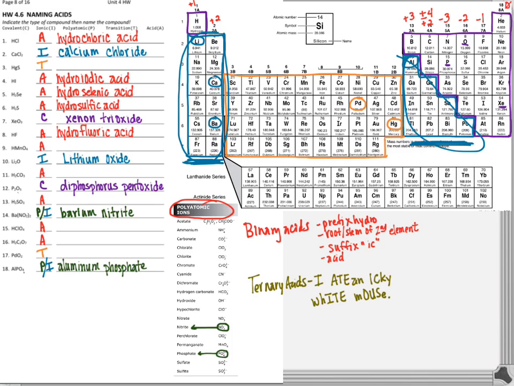Basically what this is trying to say is that whatever polyatomic ion ends in ate, that ending will be changing to ic. If the polyatomic ion ends with ite, that suffix will be changing to ous. And I'm going to keep this